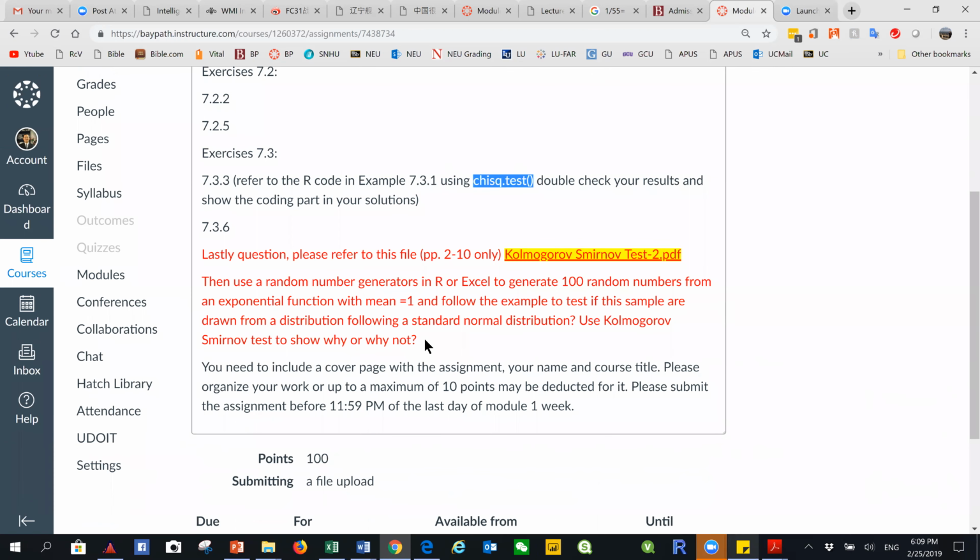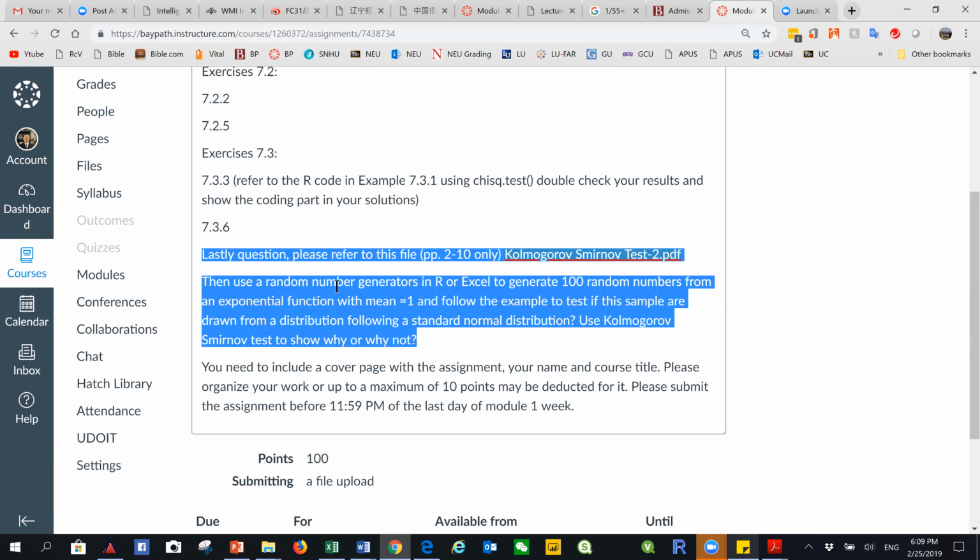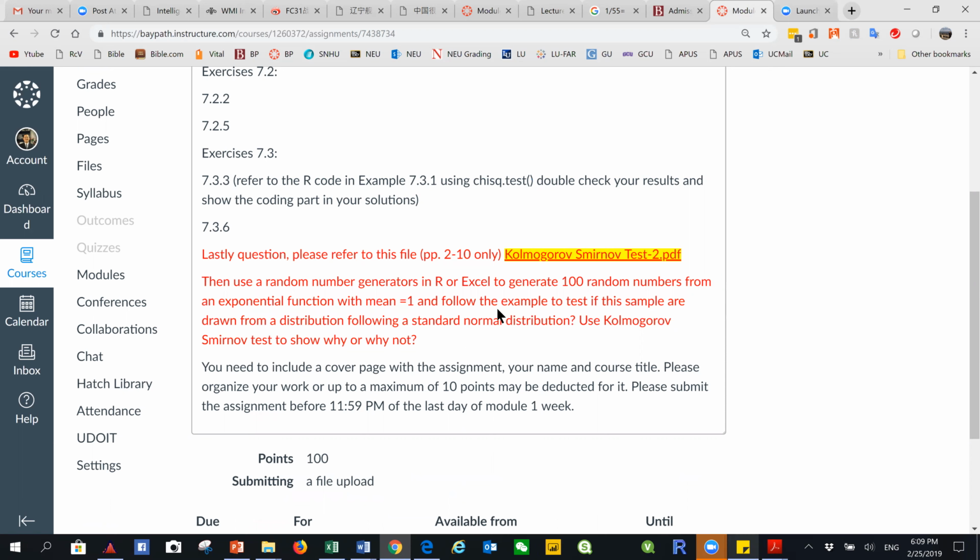And then lastly, this is using material from other resources. You can download it from here. Then follow pages 2 to 10. But I require that you generate